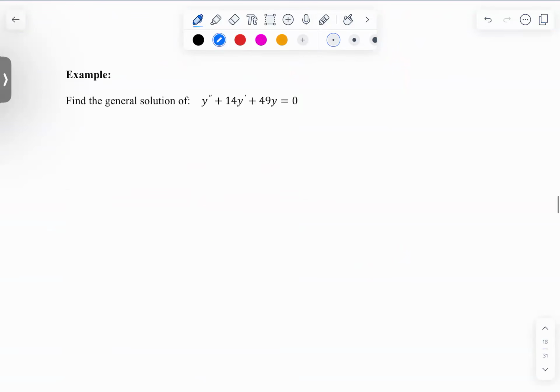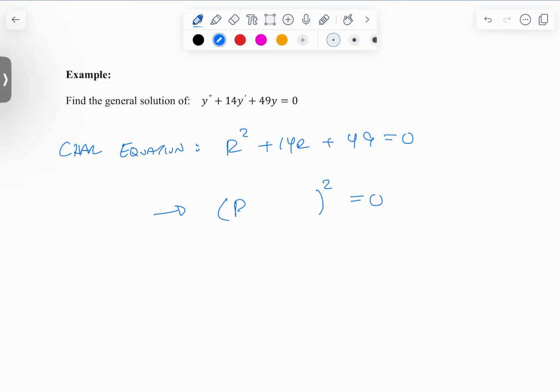The general solutions look different. All right, one last one. General solution of y second derivative plus 14y prime plus 49y. This one we should be able to do, you can see this one though, right? R plus